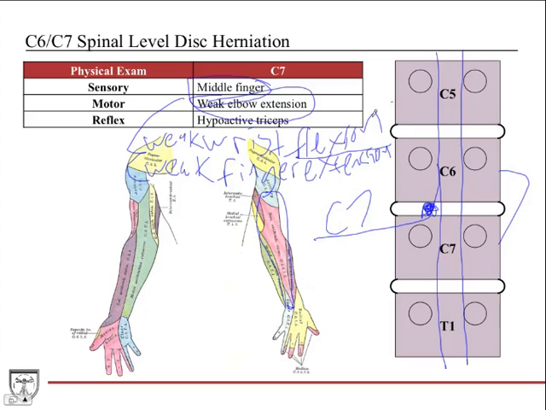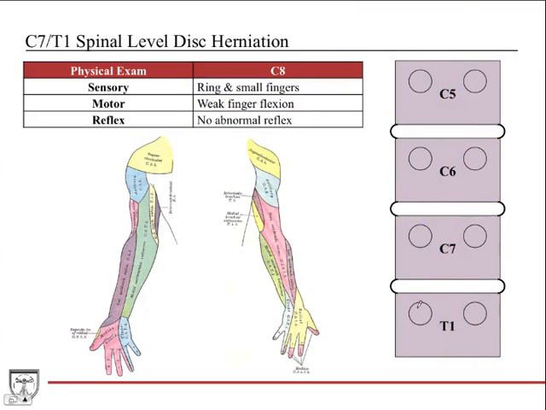This is where it can get tricky. C6 is actually weak wrist extension, okay? So it's a little bit inconsistent. And then it comes back to extension again with the fingers. So back to C7 here. The hypoactive reflex would be the triceps reflex. All right, so we're going to wrap this up with discussion of the C7-T1 spinal level disc herniation, which affects